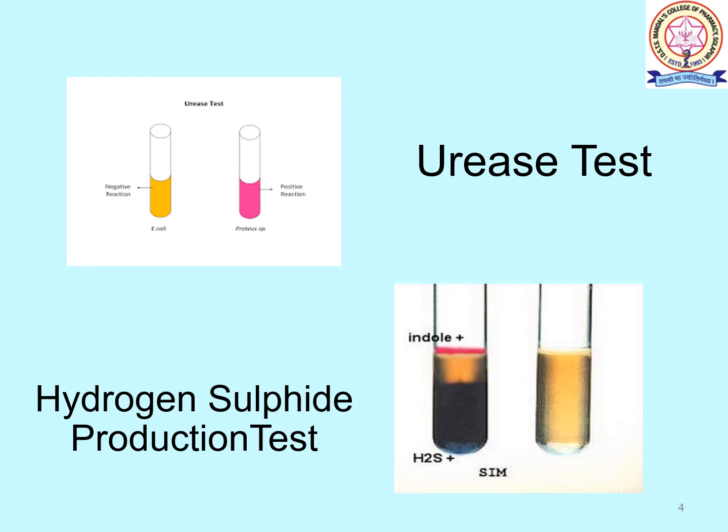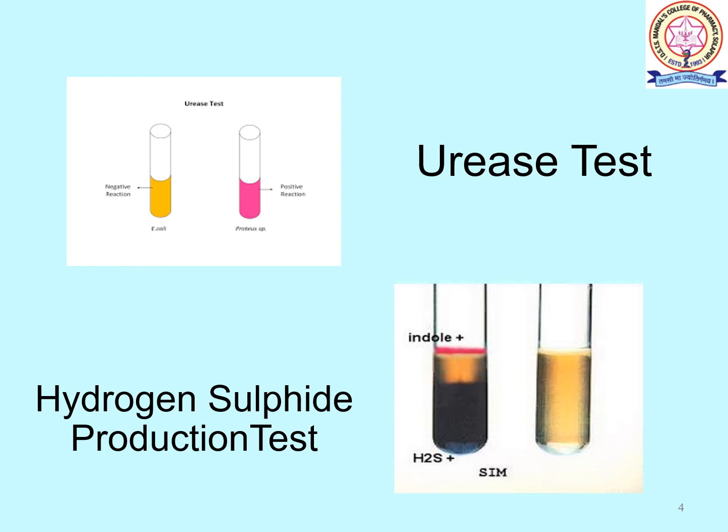For this test you have to take a slant, that is a urea agar slant. Then you have to take the colonies, add phenol red, and incubate at 37 degrees Celsius for 24 to 48 hours, and then we examine the development of pink color. If the sample is unknown to us, then we have to incubate the same sample for 7 days, and check whether there is slow urease production or not. This is the urease test.